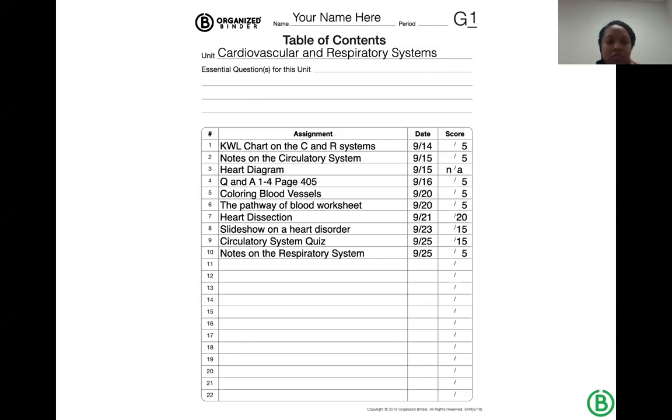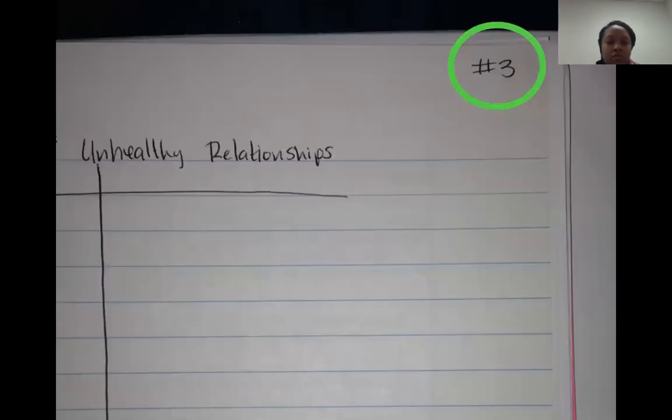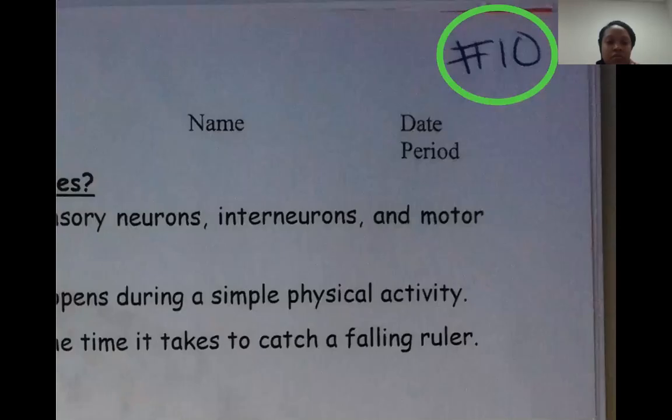And it might be because I collected it and I haven't returned it. It might be because they didn't do it, or who knows. The important thing is they're now aware of the fact that it's missing, and they want to know why. They want it in this, behind this table of contents.